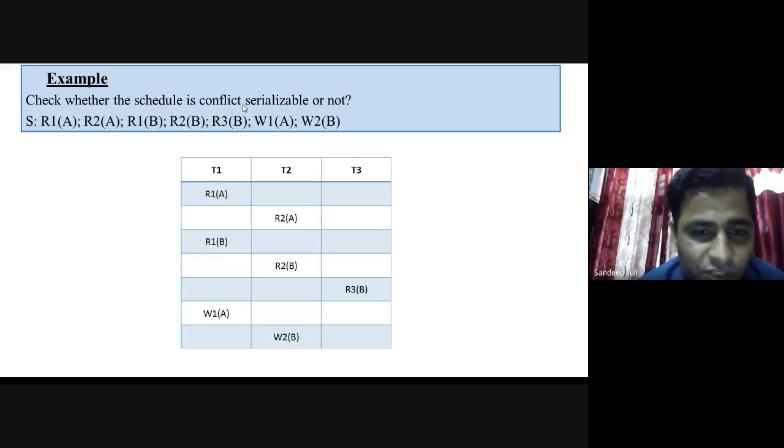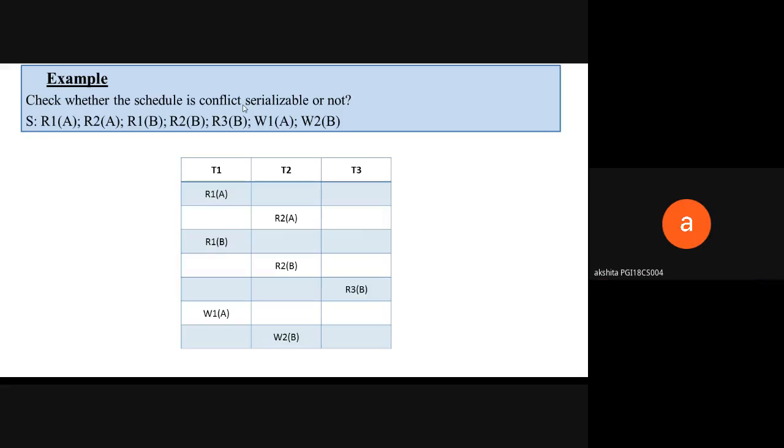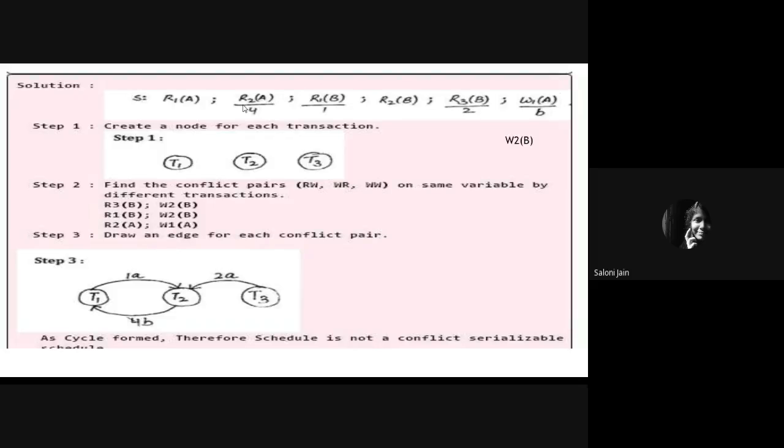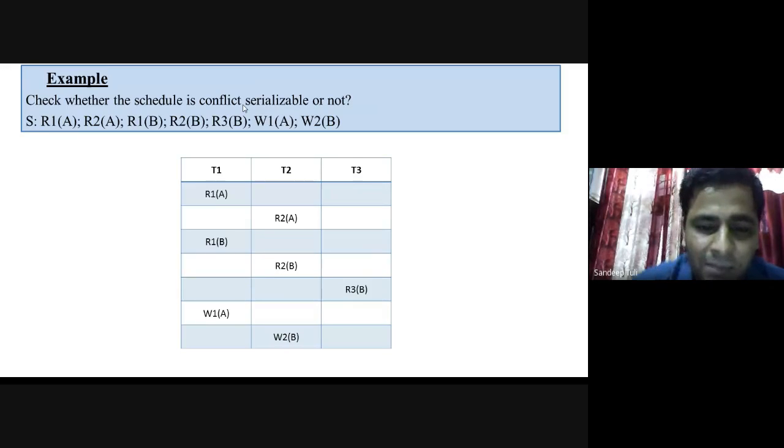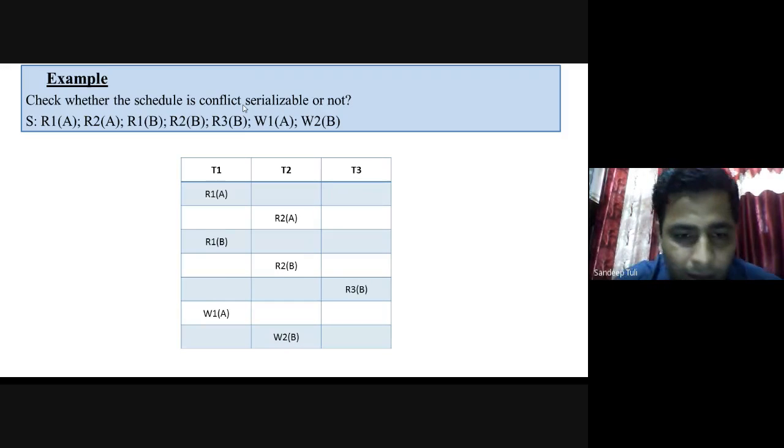This is the solution of our question. My question was that I need to identify whether the given schedule is conflict serializable or not. Okay, so first of all, how many transactions are there? 3 transactions. So how many nodes do we need to make in the graph? 3 nodes. You can see that in step number 1, I have created a skeleton of a graph in which there are 3 nodes, each belonging to a different transaction: T1, T2, and T3. So first of all, I am making a skeleton of a graph including 3 nodes.